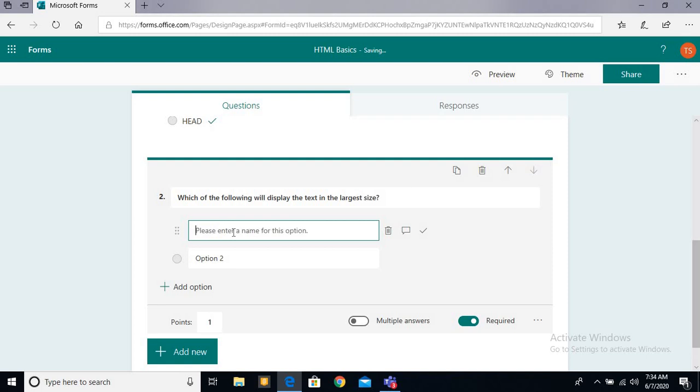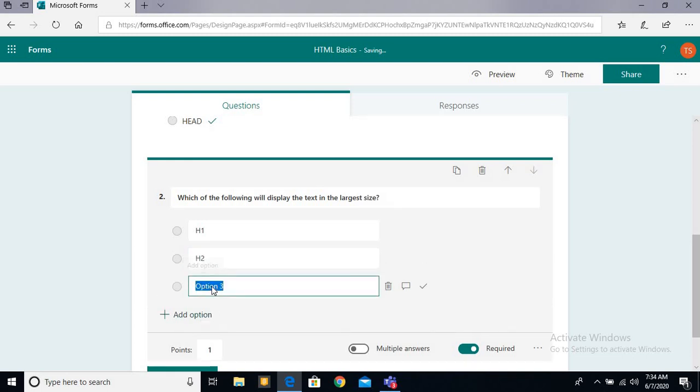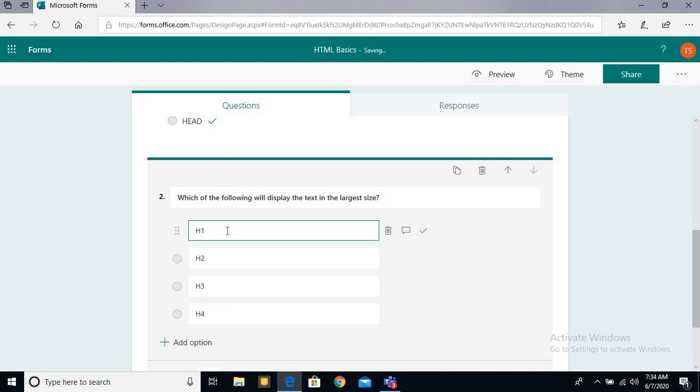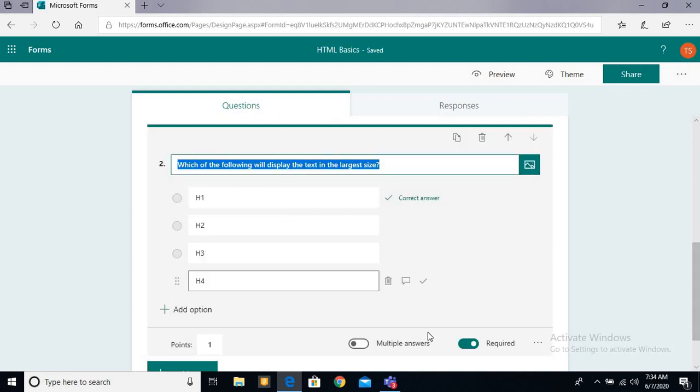Say H1, then option 2 is H2, then H3, then the last option is H4. So my correct option is this one, so I have to click over here. Same settings I told you, this is also 1 point.